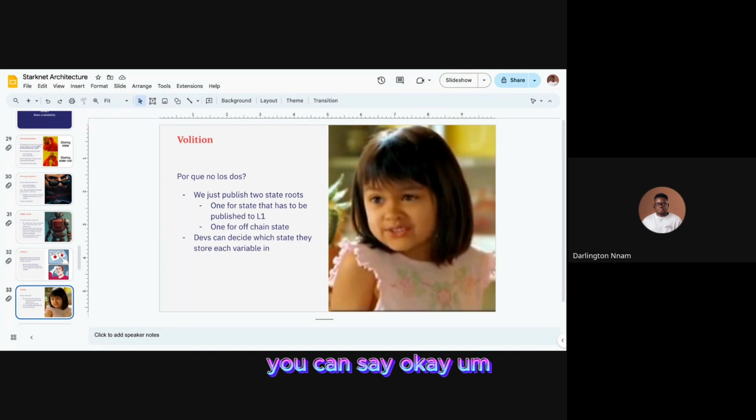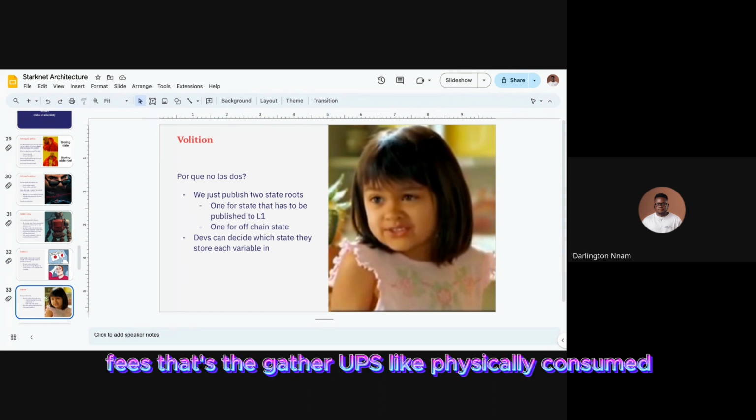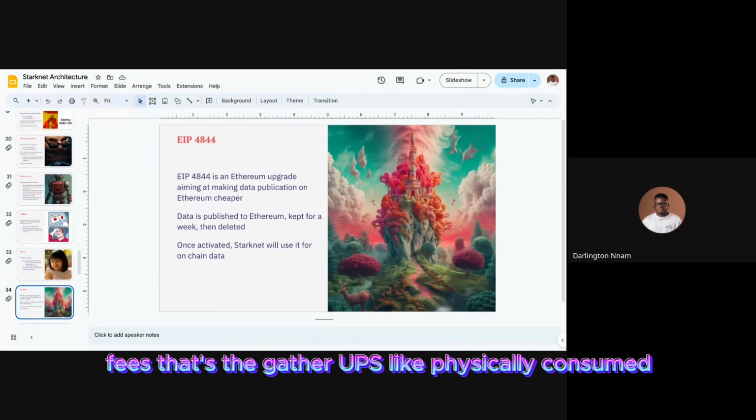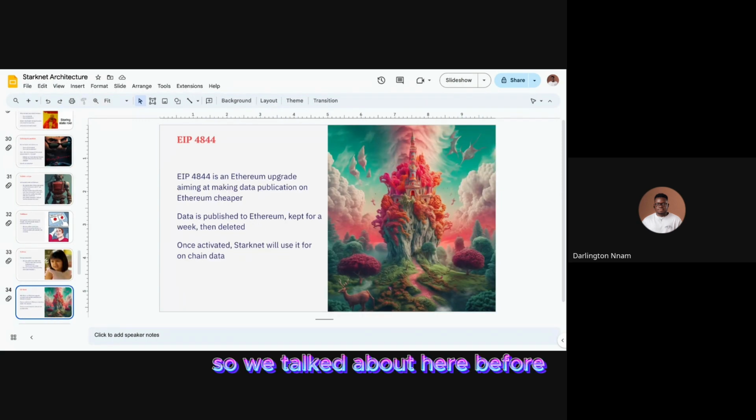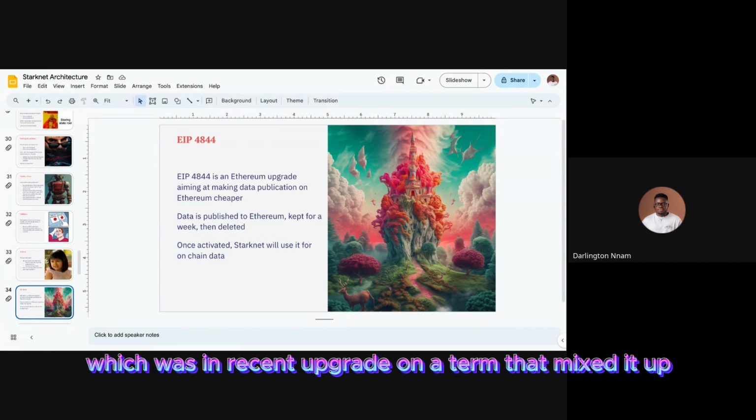You can decide, okay, we're going to publish or push these states or these variables off chain, and developers can juggle between off chain and on chain, and this can help them minimize the fees that the dApps basically consume. So we talked about EIP 4844 earlier, which was a recent upgrade on Ethereum that makes data